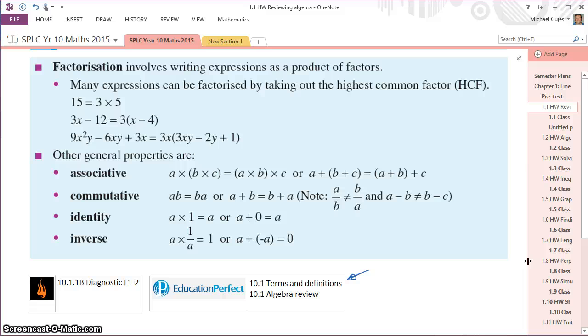Associativity means, to associate with someone means to hang out with them. Who do you associate with? Who are your associates? Who do you hang out with? Here they're using brackets to represent association. So whether I associate B with C or A with B, as long as they're all being multiplied, I get